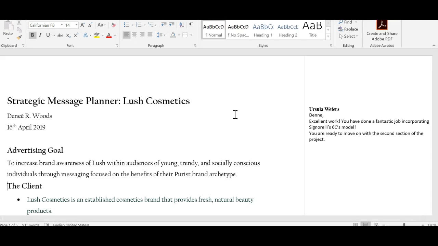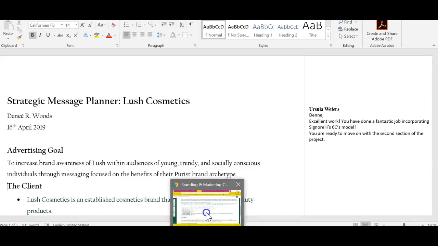Another student that did a fabulous job was Tucker Newell. He worked with Honda and his paper was flawless. Kayla Gold, she did Build-A-Bear and her work was great. But the thing with their success is that they were able to use all the information that they already had. They just have to put it into the format of what the strategic message planner is. So this was a doable job.